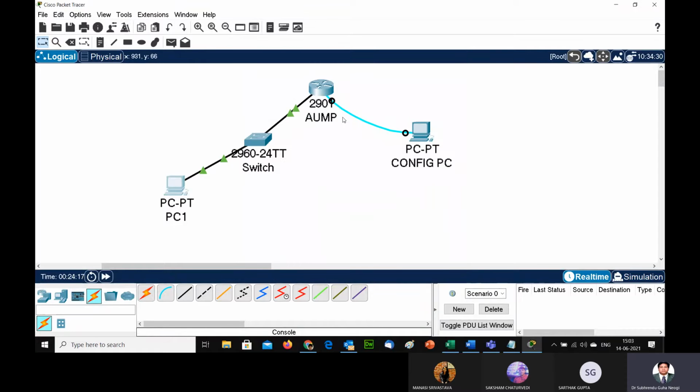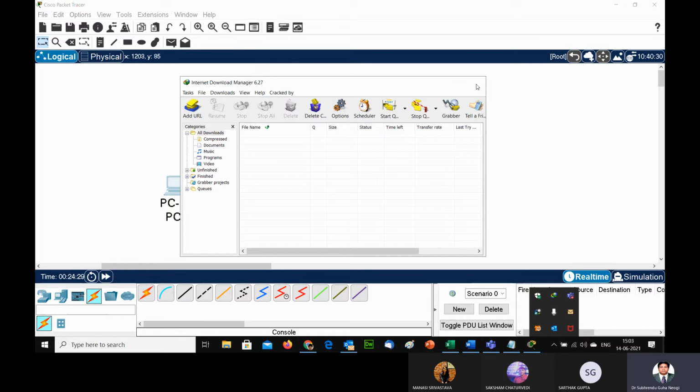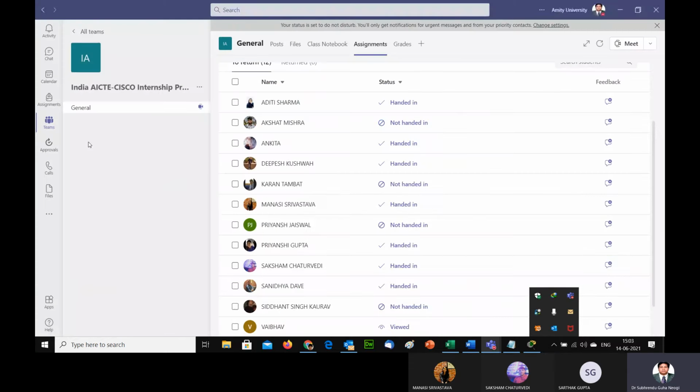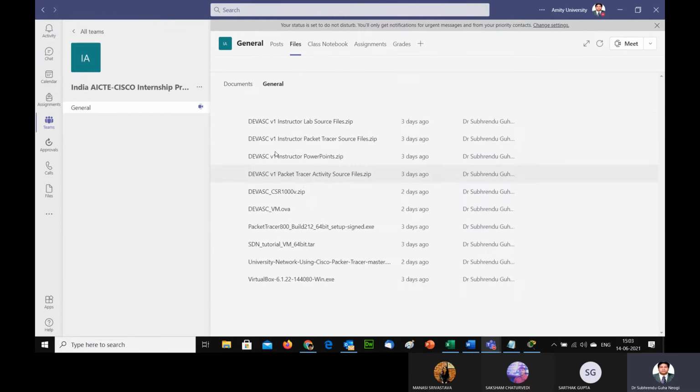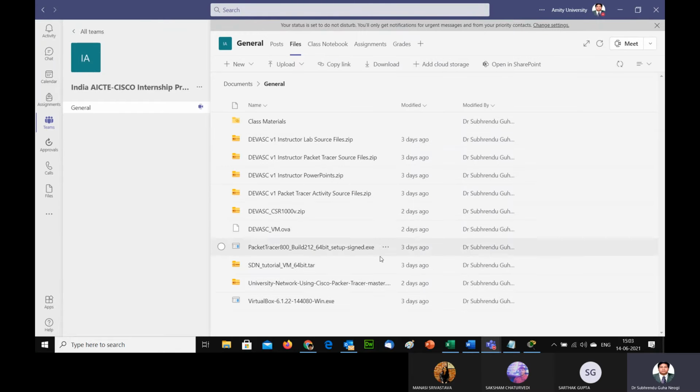So this is a network. You have to create such a network topology in Cisco Packet Tracer. I have already given some basic files, and I would request all of you to go through the basic file and check. You can see it in the files: a very basic topology, the file called University Network using Cisco Packet Tracer. Go through that file, see how they have configured it, and come back to me, and we can have an open discussion.